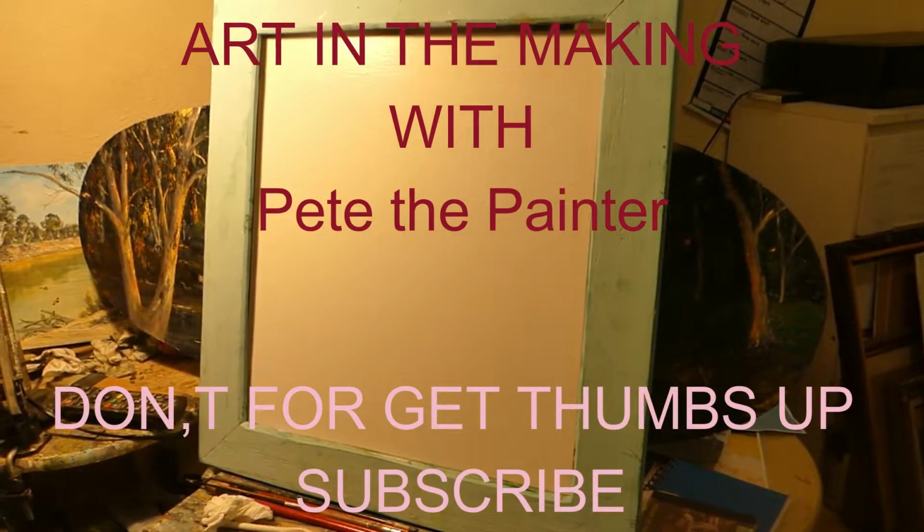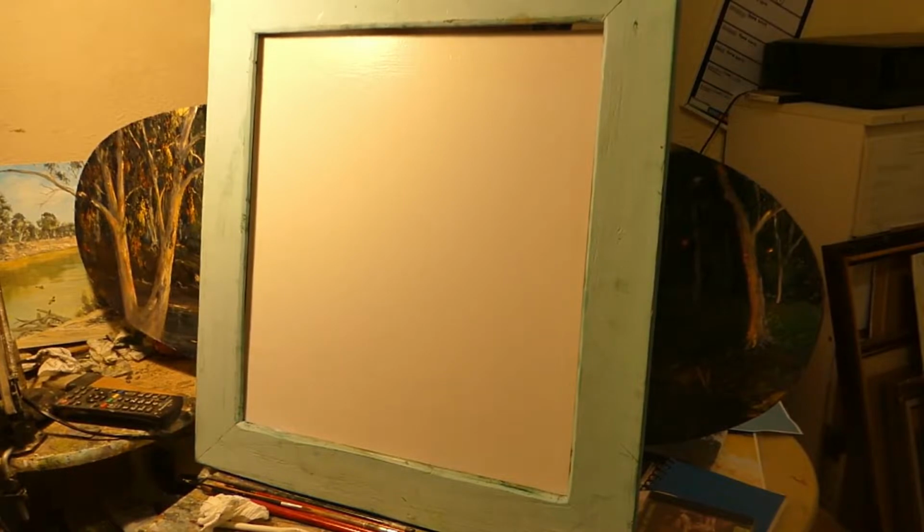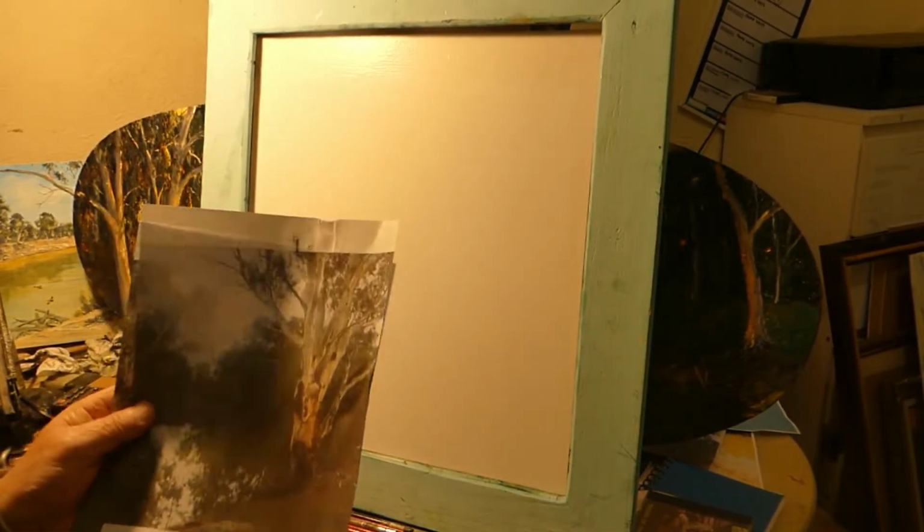Well, here we are. I'm going to paint this. I'll show you what I'm doing. I hope you can see it. This is a photo that's been taken